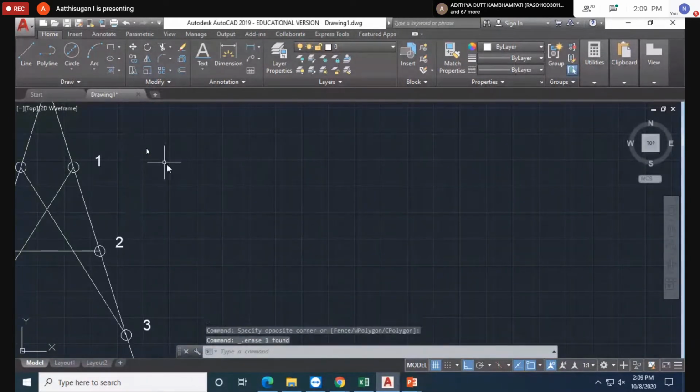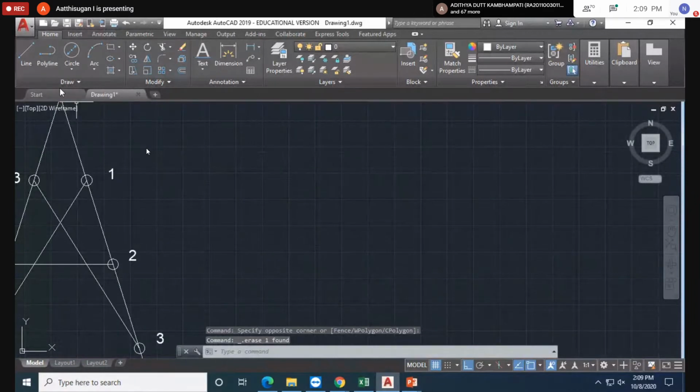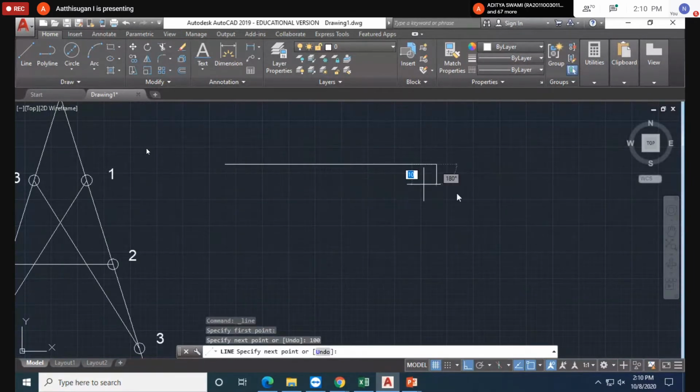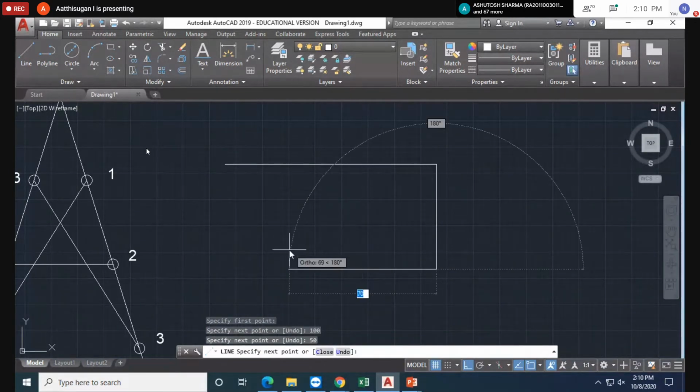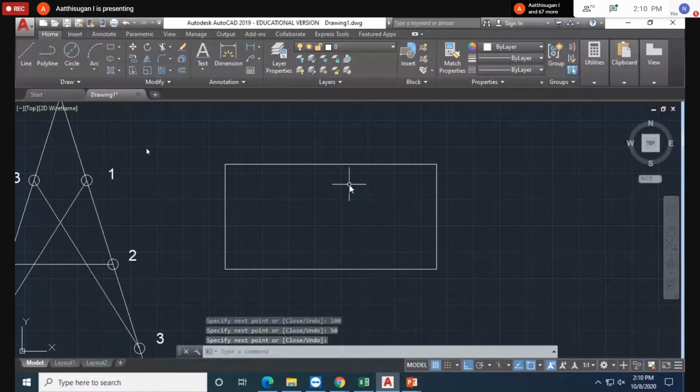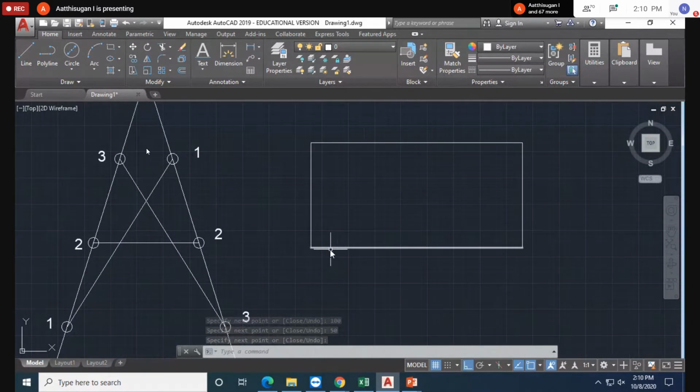Different directions, for example, for drawing a rectangle. For example, a rectangle with lines. I'm going to draw 100. Enter. Then move the cursor down, type 50, press enter. Don't press double enter, that means the line will end. Then move the cursor in this direction, just cursor direction only, just 100. Then move the cursor up, suppose 50, enter. Double enter means it will automatically close. Okay, sir, so it's cursor movement only.